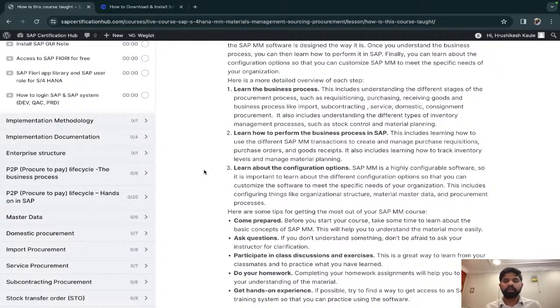I will give you homework, like maybe 20 purchase requisitions you have to create. You have to create them. See, practice is the most important thing. When you go for an interview, you will start recalling. You will understand, okay, what he's asking, I know. But if you don't have practice, you will not be able to answer it. If you have practice, the screen will be in front of you, and you will know, that field, I should explain this particular field. So it will be very easy, and you will be very confident for the interview.